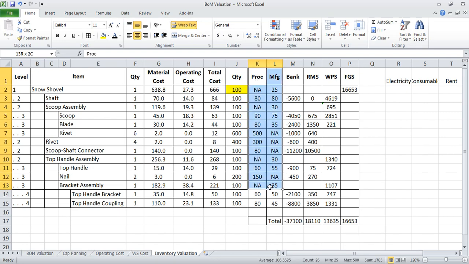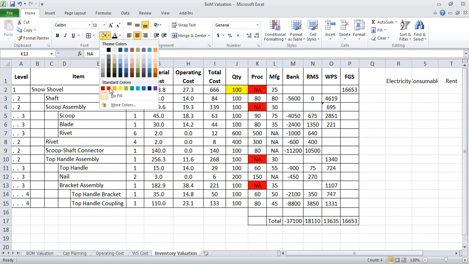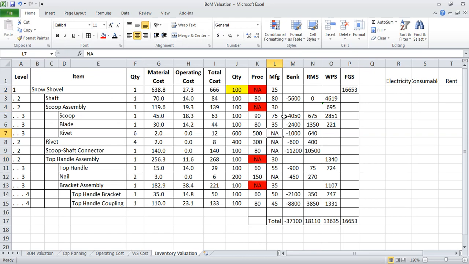I am assuming that the procurement is partial, that is, full quantity has not been procured for the raw material. Also the manufacturing is partial. Let's first understand the procurement. Wherever there is a NA, that is basically these fields, let me highlight with some color here. They are the manufactured items, so they will not be procured. Rest of the items are procured and sometimes they are processed to make a finished component.